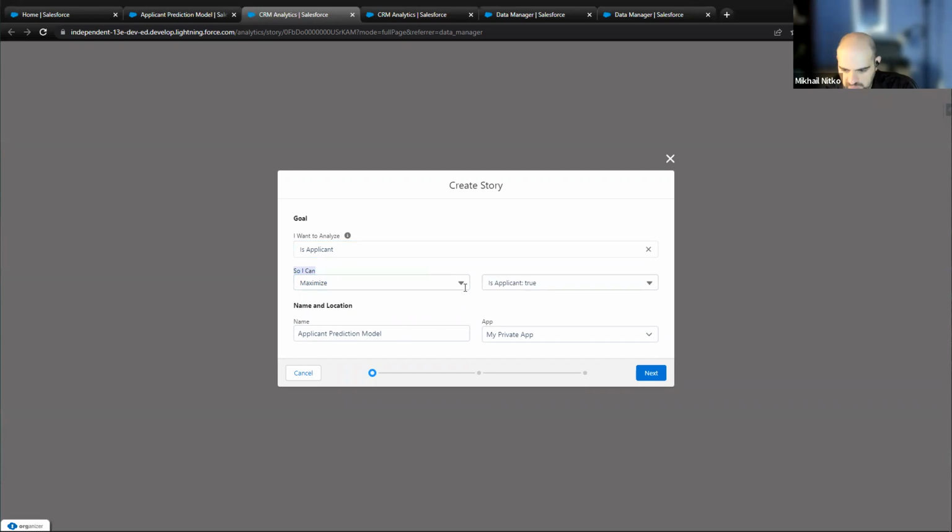You can also use numeric fields here. So this is where you would see, if you want to maximize how much people have paid or are willing to pay, or see how much people are willing to pay based on other people who are like the person you're currently looking at, on all the different things that correlate with their likelihood, what things to offer to sell them in order for them to most likely buy them. This is where you would do it. So you can maximize numbers, or you can maximize a binary true or false field.